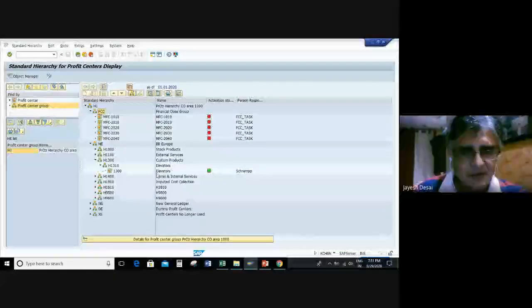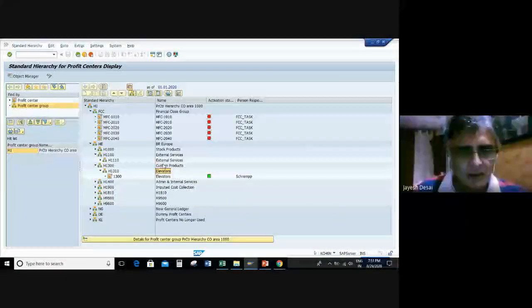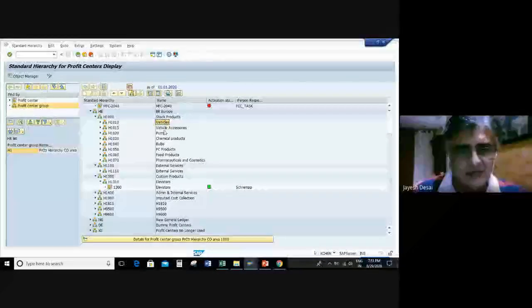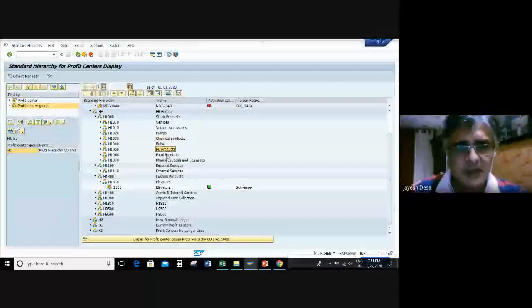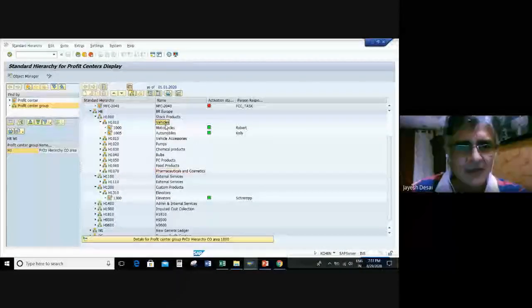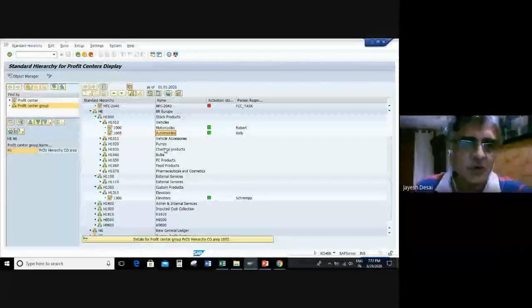This is like elevator, which is one of the SBUs. So these are like vehicles, pumps, chemical products. There are various SBUs which have been defined as profit centers. And within the vehicle, you can have motorcycle and automobile as a sub SBU.